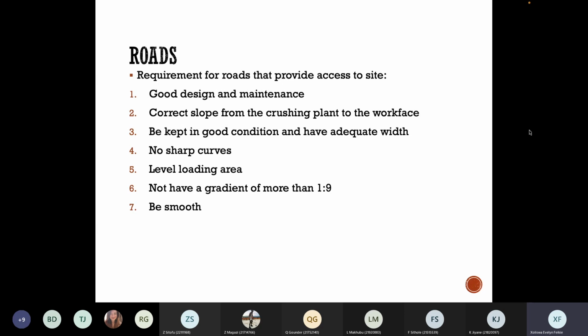Heavy load as well. Level loading area, make sure that they don't overload the truck. Sometimes they would want to overload, but the problem is, as they're traveling, there will be air, and then the soil will be disturbed, and depending on the slope, then we might have problems. They must not have a gradient of more than 1:9, and the roads must also be smooth. So these are the requirements of the roads